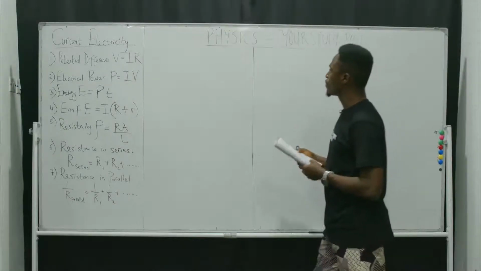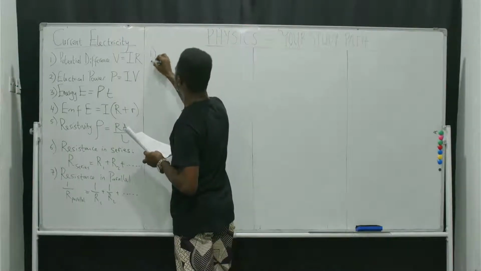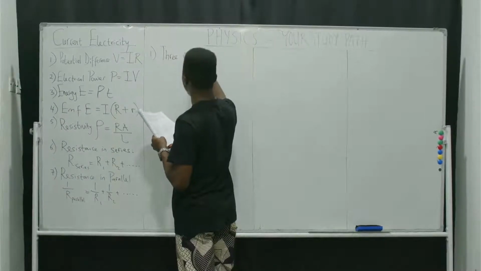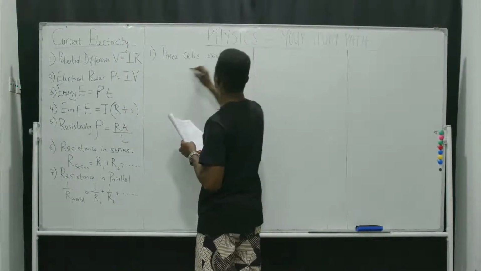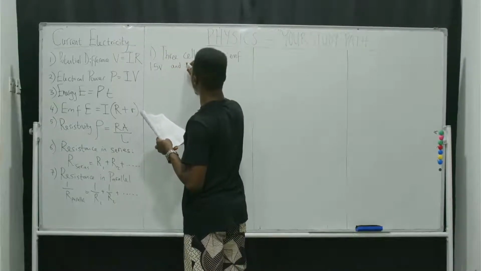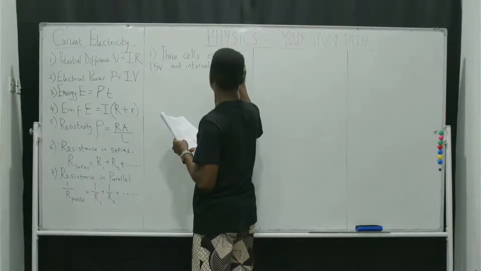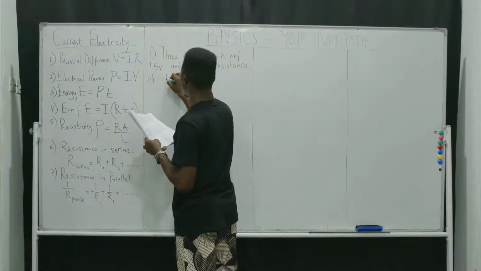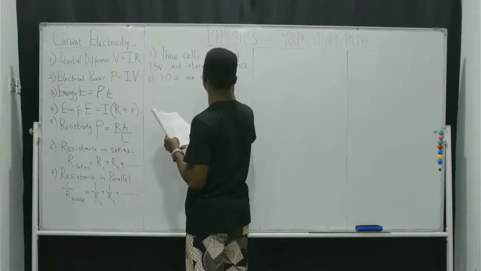Number one, three cells, each EMF 1.5 volts and internal resistance of 1.0 ohms are connected in parallel